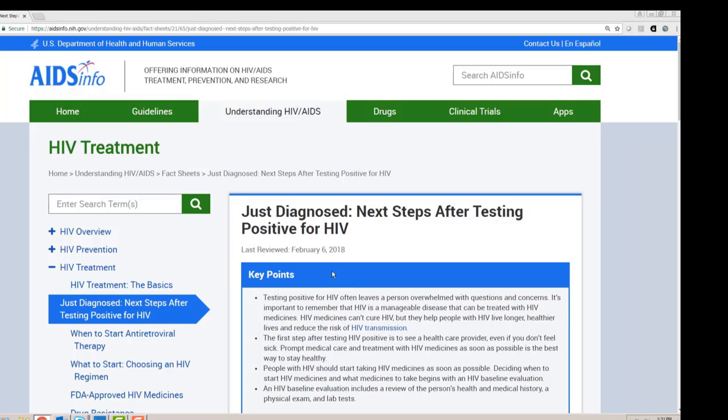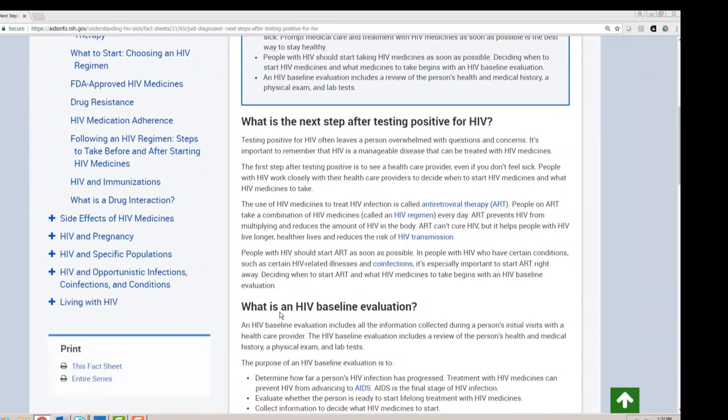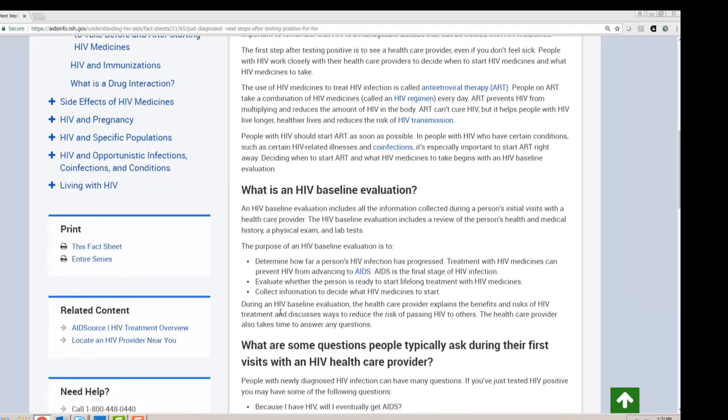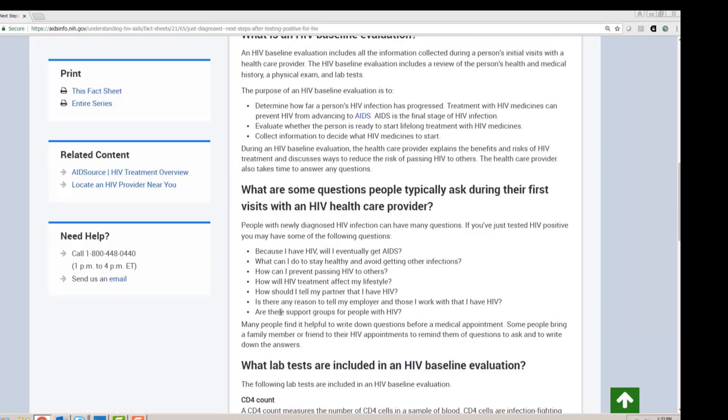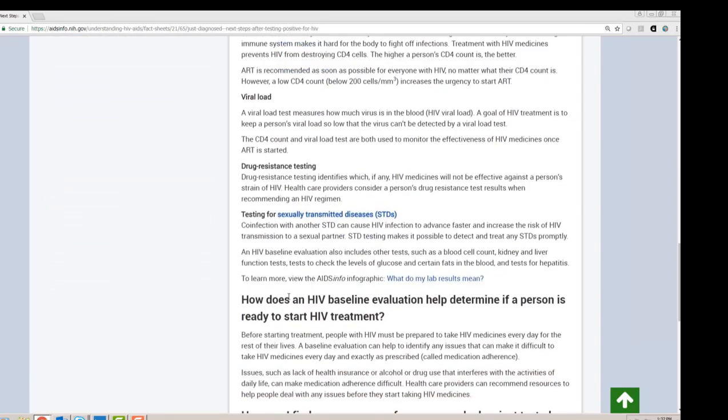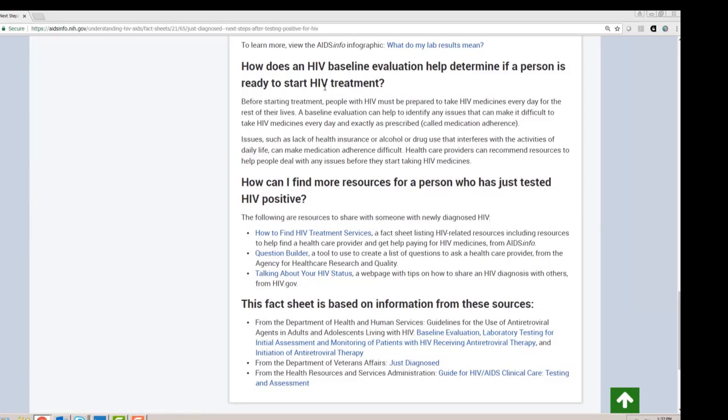We can see that this information was last reviewed on February 6, 2018. At the very beginning, it tells us that testing positive for HIV often leaves a person overwhelmed with questions and concerns. It's important to remember that HIV is a manageable disease that can be treated with HIV meds. This fact sheet goes on to talk about the next steps after testing positive, describing what an HIV baseline evaluation is, providing some questions that can be asked of healthcare providers, talking about lab tests, and resources to find more